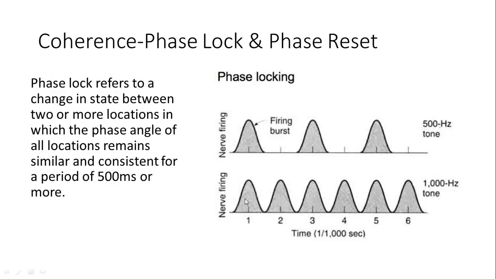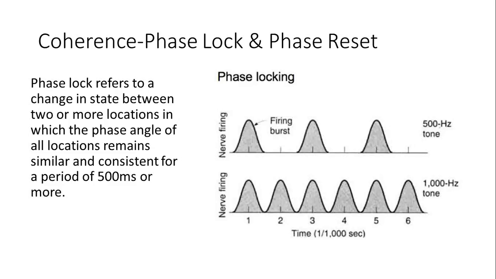And you can see that even though they're at different frequencies, the peaks are matching up to some degree. In this case, they're matching up perfectly, which would make them phase synchronous. There'd be zero phase lag because they're perfectly matched up. But they're at different times because one is occurring slower than the other. But that would be a phase lock. So they may match up for that time period for a while, but then they may drift. When they drift, okay, they're resetting. And then they may lock up again.